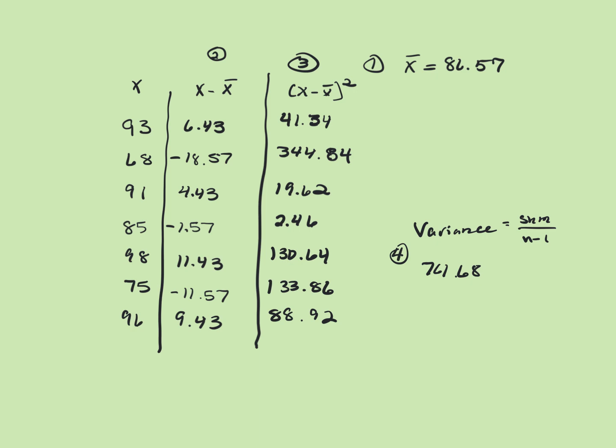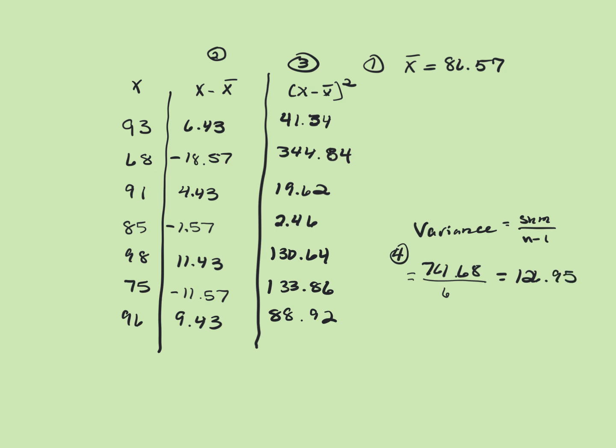So in this particular case, our variance is going to be that 761.68, which were all the values I added up. And I have 1, 2, 3, 4, 5, 6, 7 values, so I'm going to divide by 6, one less than that. So then that will give me my variance, and we're really close to being done here. So 761.68 divided by that 6, that's going to give me